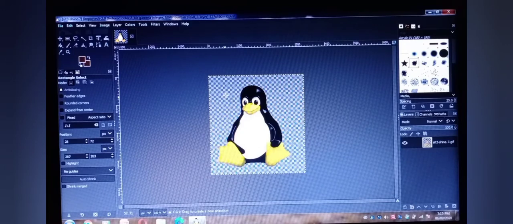Now how can I use it? I have to click the left mouse button, I have to drag it all over the image. See, and release the mouse, means leave the mouse. Rectangle select looks like this with dotted lines. This is one example of using the selection tools. I hope this is clear to everyone. You can select any of the selection tools from the list of your choice. I hope this is clear. This is how you select the selection tools.